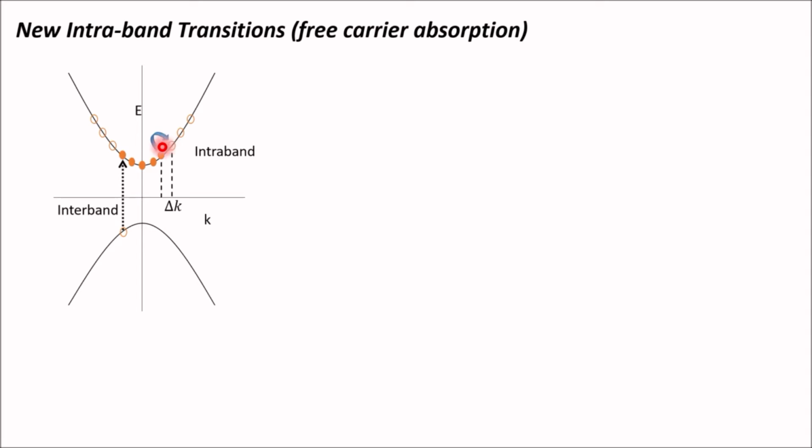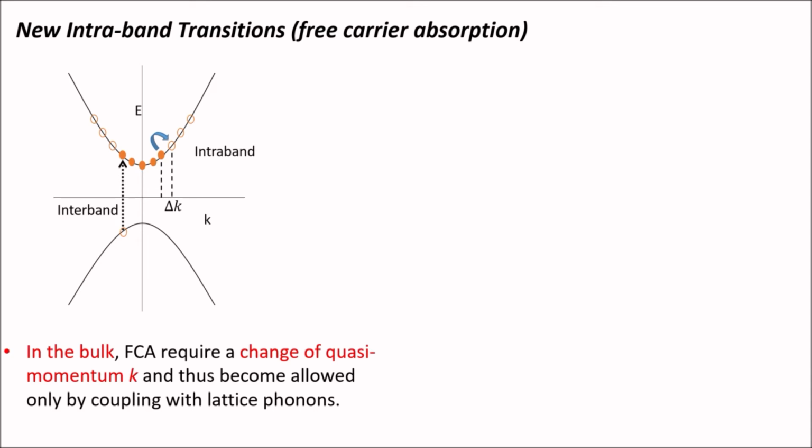These transitions can happen either in the conduction band, where the electrons are promoted from one level to the other, or in the valence band, where the holes can be promoted from one level to the other. In bulk materials, such absorption processes are known as free carrier absorption, as they depend on the presence of free carriers, that is, electrons in the conduction band or holes in the valence band. In the bulk, such transitions from one K level to another K level of the conduction band or in the valence band